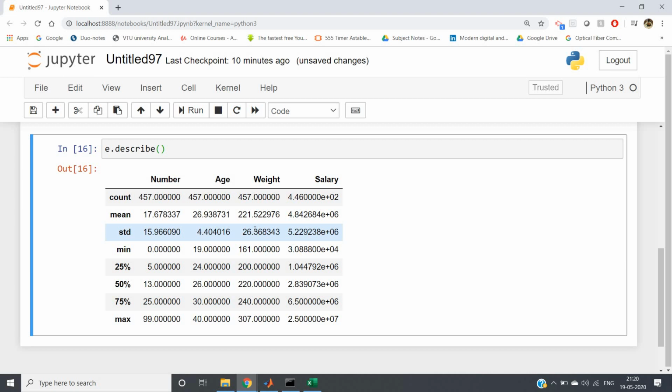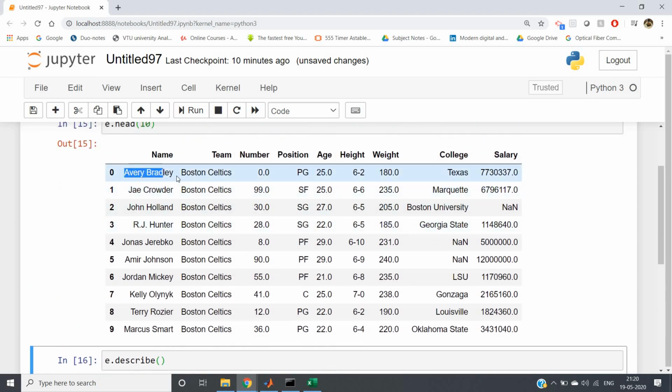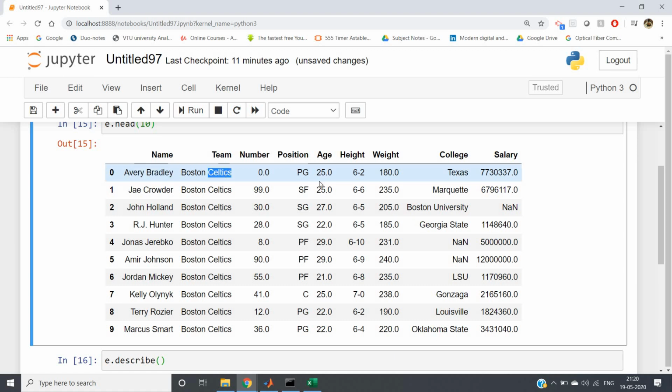But a very important point to be noted: you will not be getting any information related to categorical variables or string data types. Like here, name is there. For name you cannot get any statistical information. For name you cannot calculate the mean, right? For name you cannot calculate the median, right? For team also the same. But apart from that, number, position, sorry, number, age, height, weight and salary, these are numerical